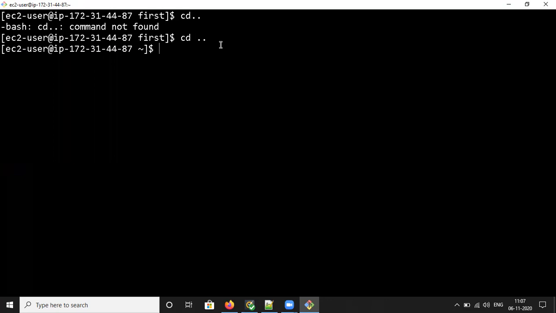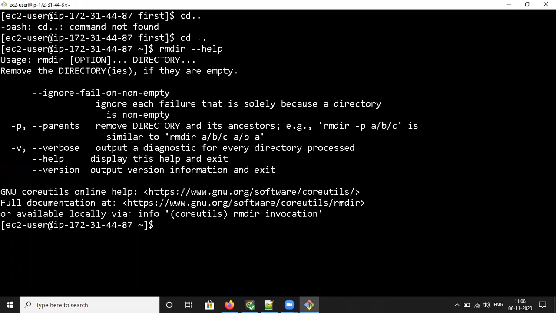For remove directory information, if you want any information related to that, you can use remove directory hyphen help. It will give you the help related information. Each and every command, you can take the help.